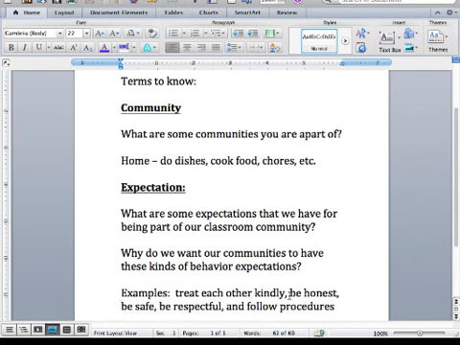I made two. Okay, guys, class is now ended. Just to give you a preview, we've talked about what a community is. We've talked about an expectation. We're familiar with those words, but tomorrow we'll be ready to create our digital citizen pledge. We'll do something similar to what we did here. We'll record it. Just to give you a preview of things to come, we're going to talk about online communities that you're a part of, so you can maybe start to think about that if you're a part of any online communities. And how are online communities different than offline communities, to make those comparisons, and how are they similar.